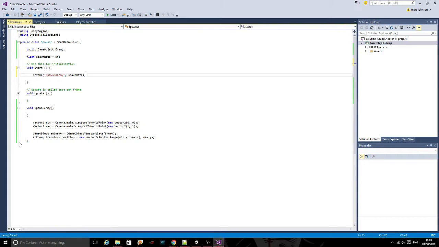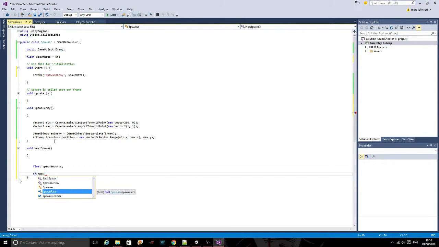Okay. Next thing we want to do is note when our next spawn is going to be. So after one spawn, we need it to spawn again. To do that, we'll create another function called next spawn. Create a new float called spawn seconds. So how long will it be before the next spawn? So if our spawn rate is greater than 1f,